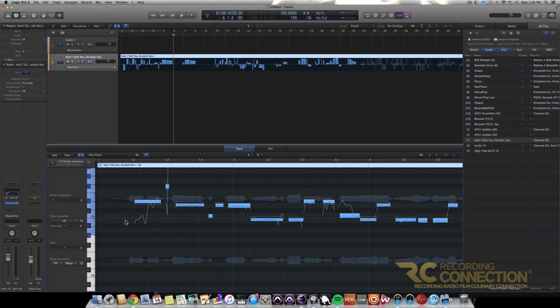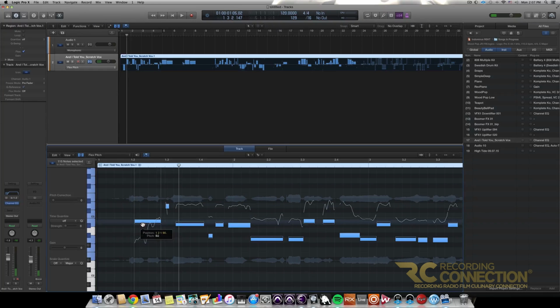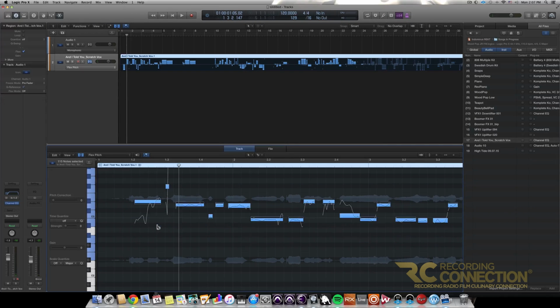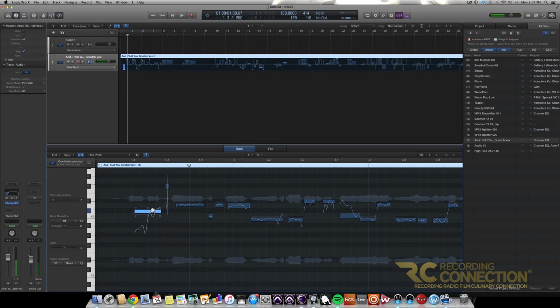analyzed the note value, this first note here, it's actually two different notes. When she says "I've been crying," she actually slides up on that. So it actually registered it as one event. And the problem with that is if I only wanted to adjust a specific part of that, I couldn't. So if I move it down a semitone, now it moved both of those notes down, where that's obviously